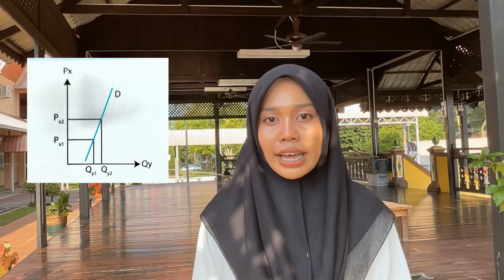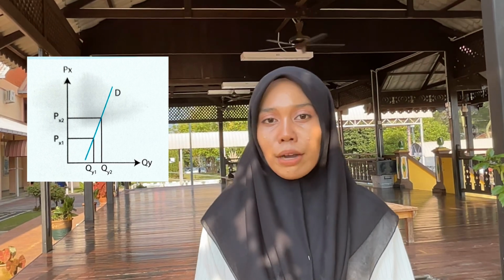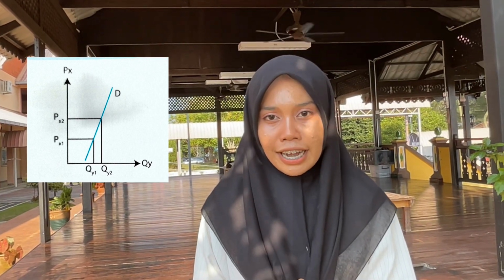When the price of product X, like steel, goes up from PX1 to PX2, the demand for product Y, like aluminium, also increases from QY1 to QY2. This shows that when one material becomes more expensive, businesses shift to using another material that can serve the same purpose. In summary, steel and aluminium are substitute goods, but the response to the price change is only moderate. While businesses will try to switch materials to save cost, it's not always a simple or strong reaction.